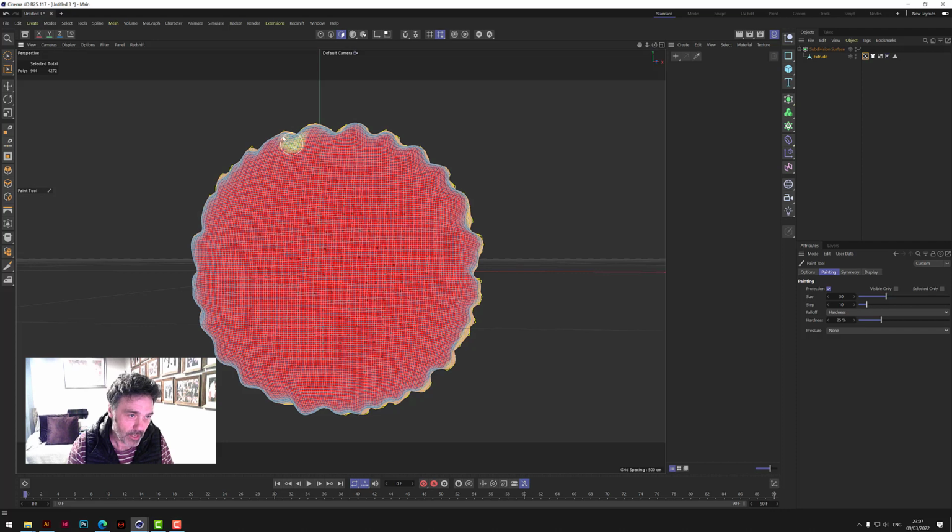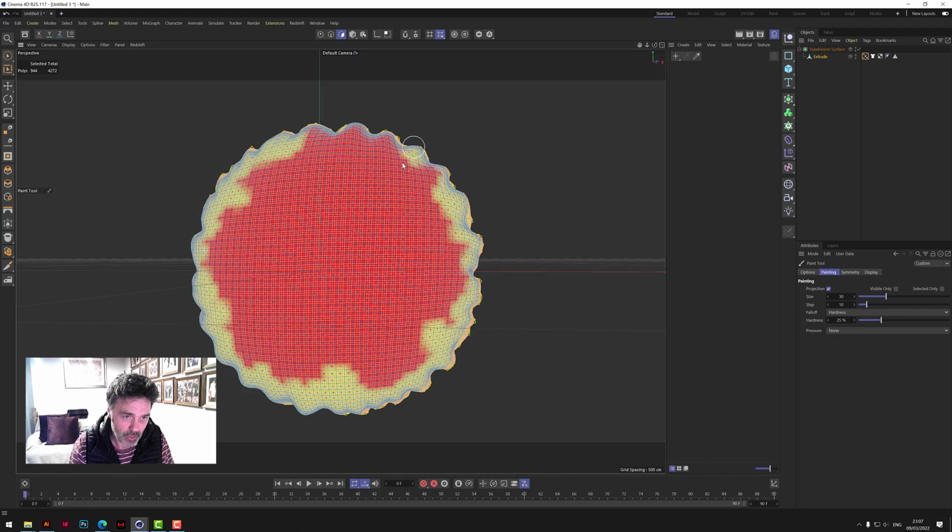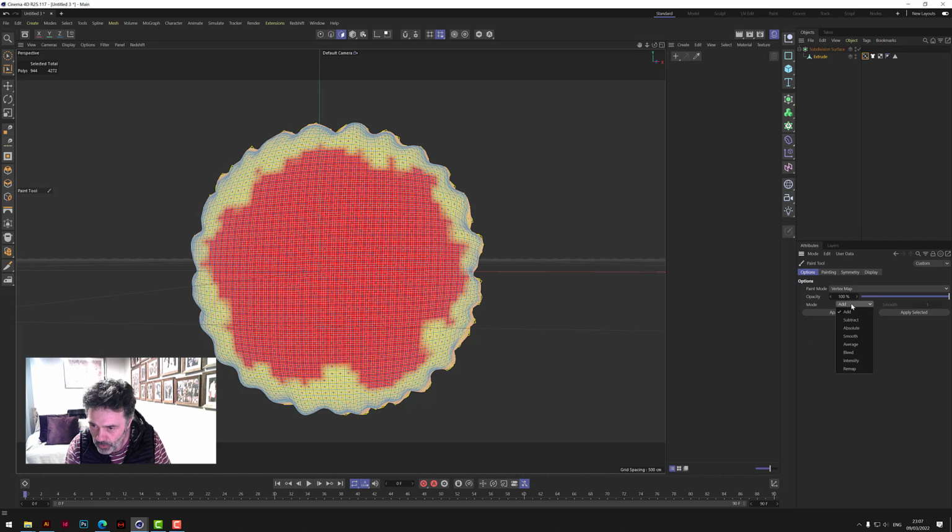We now go around the edge manually, just add in some kind of bigger bits and smaller bits, and this is where the extra creases will be. Okay, so we want to put some in a bit smaller, and it's just where it's going to affect the balloon. So this can be altered at any time, so if you make a mistake, don't worry, we can delete it, we can put it on again, but just give it a bit of random kind of look. Now we go back to options, and we change the mode now to smooth, back to painting,